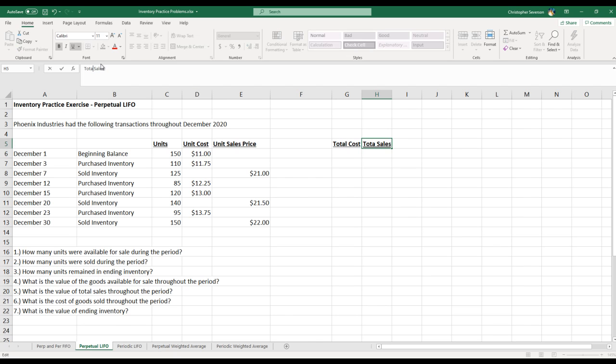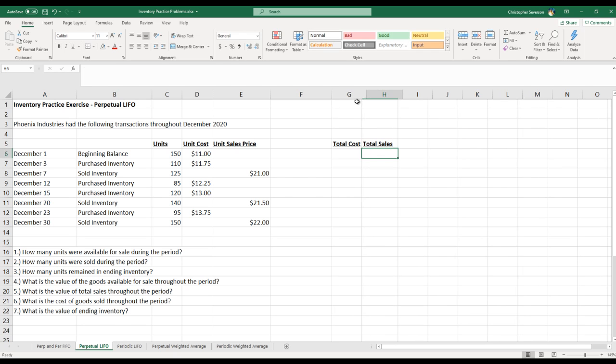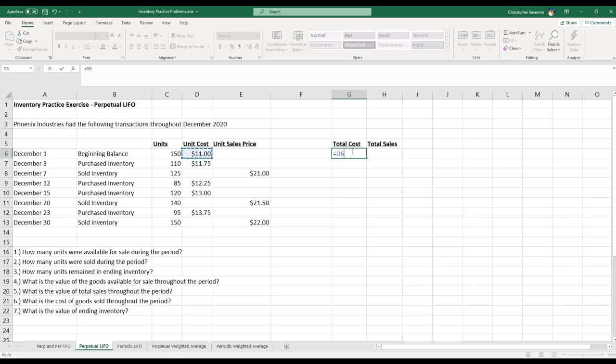And layer, by the way, is just a generic term for each of these rows of inventory. Every different purchase has its own cost. Every sale has its own sales price. So they're all layers of inventory. So a total would simply be multiplying the number of units by the unit cost, and you can drag that down,